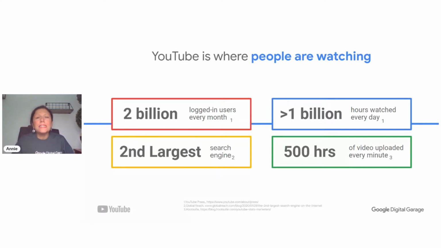And as I say, every day people are consuming a lot of content. Now, when you look at these numbers, which are massive, we've actually got over 1 billion hours watched every day. Thinking about that in terms of content time spent, well, we're not even here long enough to watch that amount of content. So there's so much choice, so many ideas and so many thoughts that are coming out of YouTube every single day and every single hour. There's more and more content being uploaded. In fact, every minute, 500 hours of content is being uploaded. So we're not short on content on YouTube.